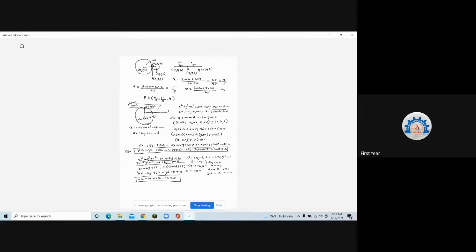How do you write the equation of a line? This will also revise the concept of equation of line. What do you know about this line? We have 2 points. So center or any one you can take. What is the point which is given to you? Point P is given to you, 4, minus 2, 2. So generally, how do we write equation of line in symmetrical form? x minus the point coordinate. So x minus 4, y plus 2, and z minus 2.